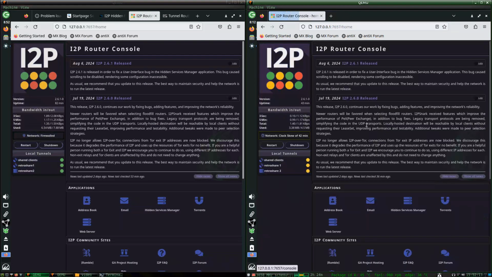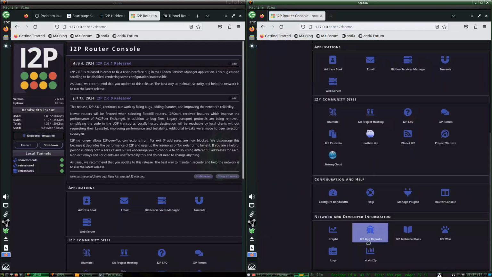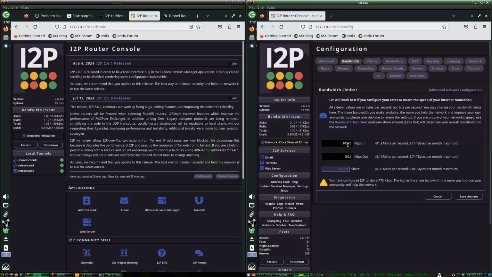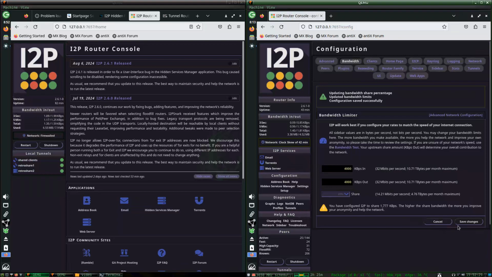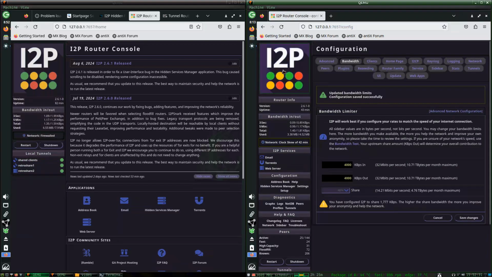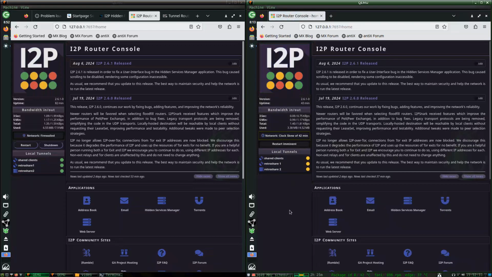Oh, I'm going to go ahead and restart this thing because... Wait, what's going on now? I just set 4,000. I select 45%, save changes. This doesn't exist. Let's see. Restart. I'm going to go ahead and restart the whole thing because